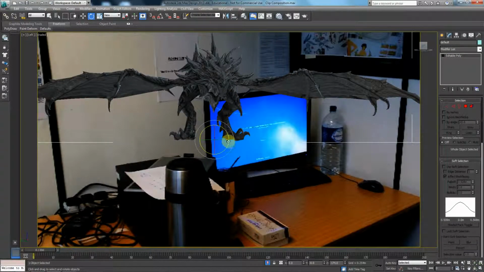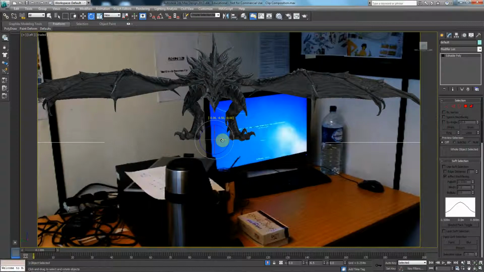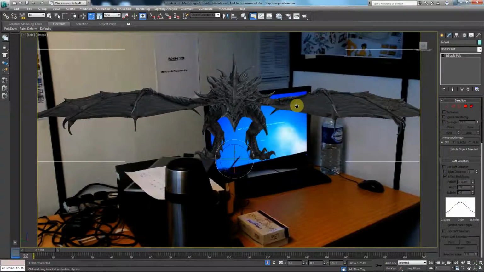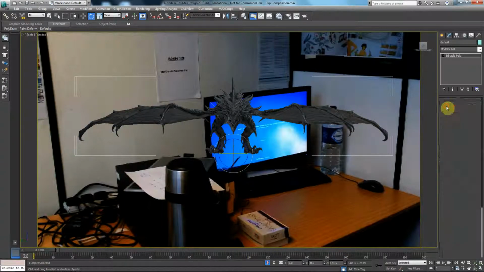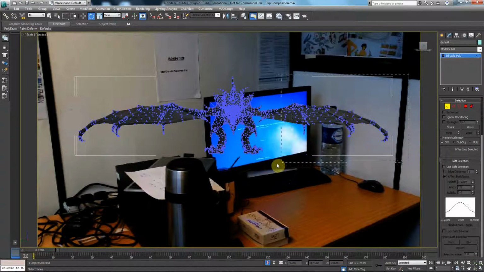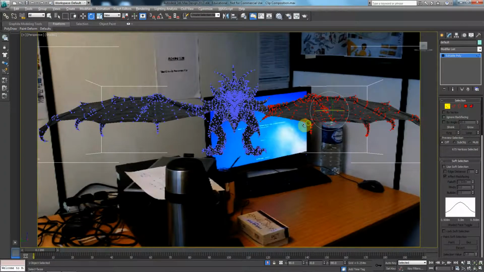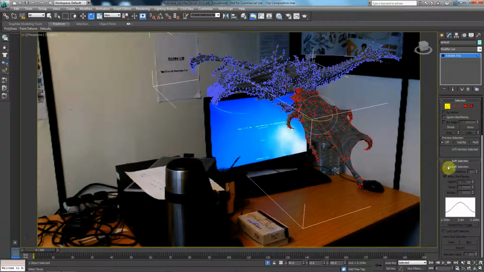What I want to do here is, let's make sure that's almost straight. What I want to do is create the animation using the simplest method that I can think of. I'm going to grab this wing, and probably more, making sure all the important parts are selected, and then I'm going to go to soft selection,